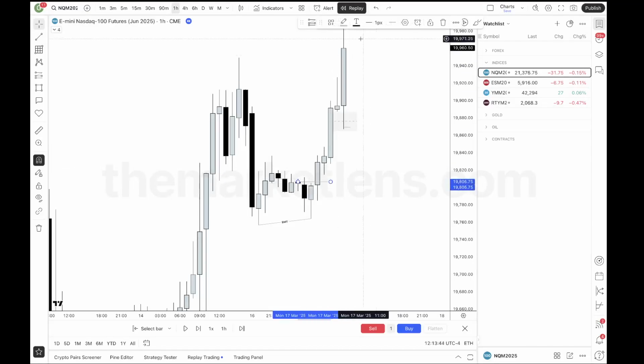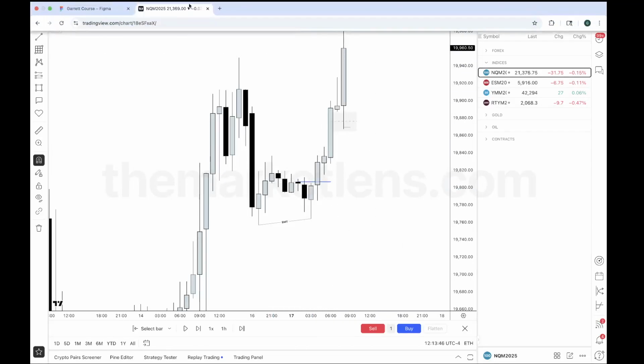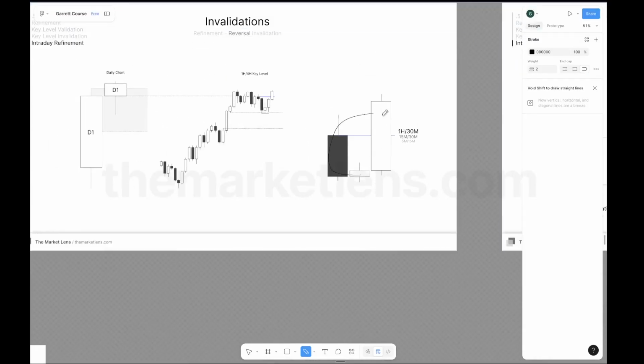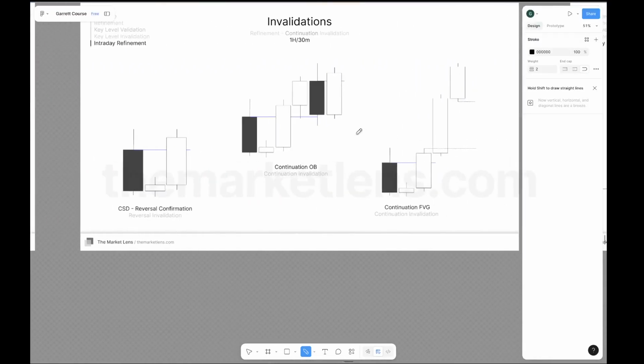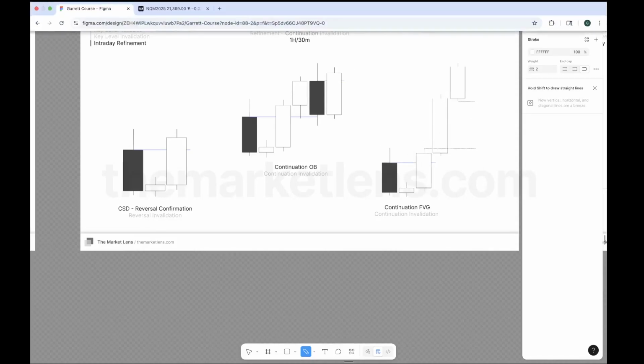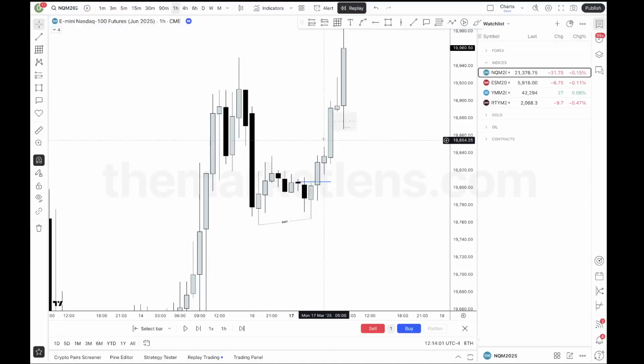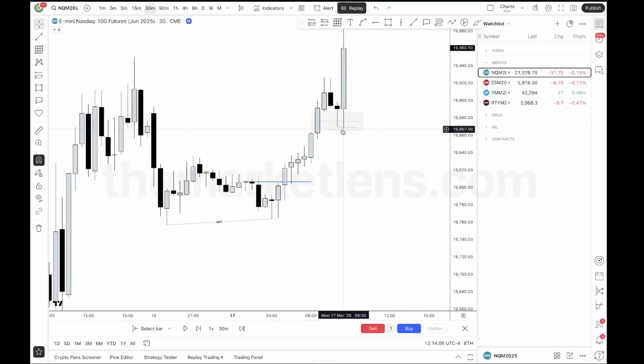We have that hourly or 30-minute CSD, right? And then when price expands away from the CSD, what's it going to create? It's going to create new invalidation points, like order blocks or fair value gaps. This is the first CSD right here. So this is what we get in this scenario. We're creating fair value gaps. So we want this fair value gap to hold, right? So if we already retrace into it prior to the driver, we also want the driver to expand away from the